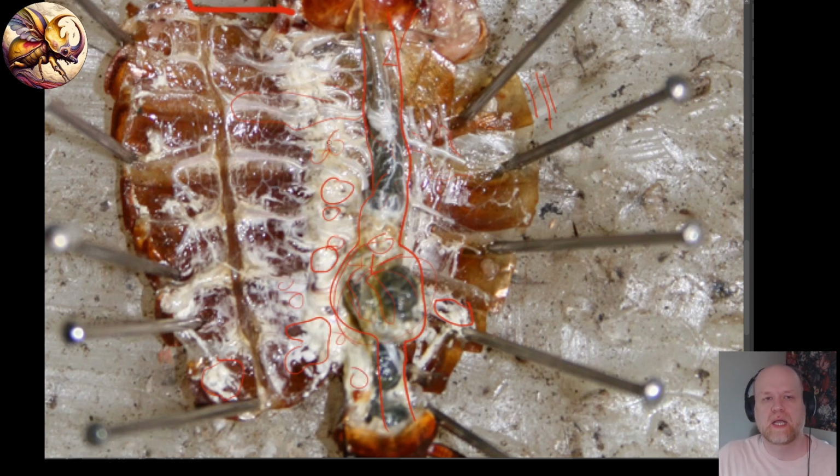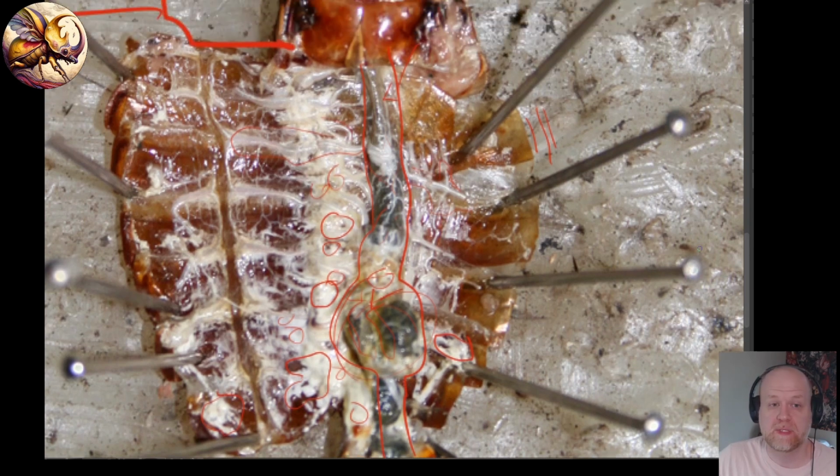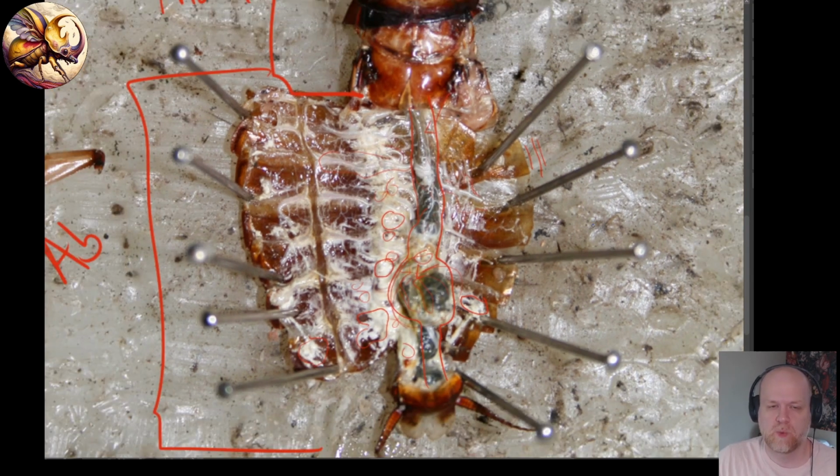In cockroaches, the fat body is used heavily for detoxification. It's one of the reasons that cockroaches are so good at not dying from pesticides and things like that. They can sequester a lot of poison into the fat body, and then it can be neutralized through metabolic processes. So if they eat toxins or pesticide, they can frequently just overcome it through sequestration into the fat body. So fat body is a really important